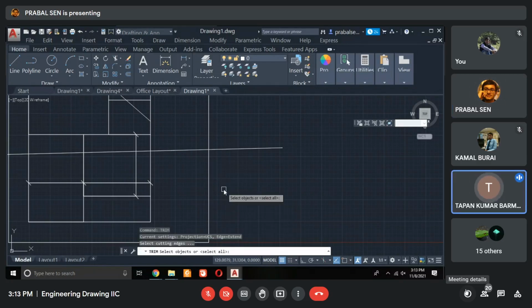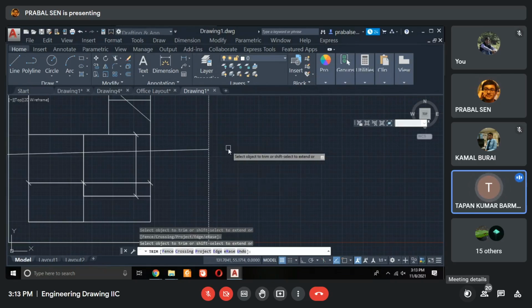Understand, there are some different shortcuts of the commands. But when we learn the software, at that time we follow the instructions given in the command line. Later on, you may explore different shortcuts. For example, Control C, Control V, all we know. But basically, from the edit menu you have to take the copy or paste option.